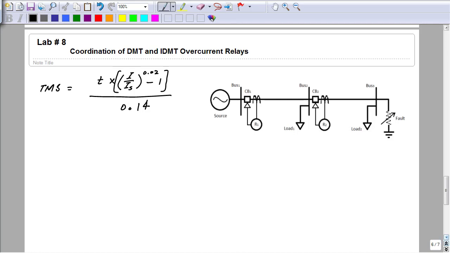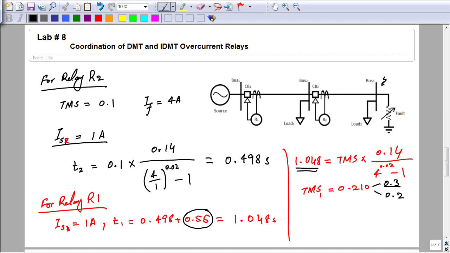Now let's go back to the situation here. If we round this value of TMS in the upward direction to 0.3, it means we will have to reduce the I set current in order to achieve the coordination. And if we round it downward here, it means we will have to increase the set current. So now the question is whether we select 0.3 as TMS or 0.2 as TMS. We are doing this setting for relay R1, which is the backup. So the backup relay pickup criteria, the set current criteria, is that it will be either equal to the R2 pickup setting or it should be greater than the R2 pickup setting.